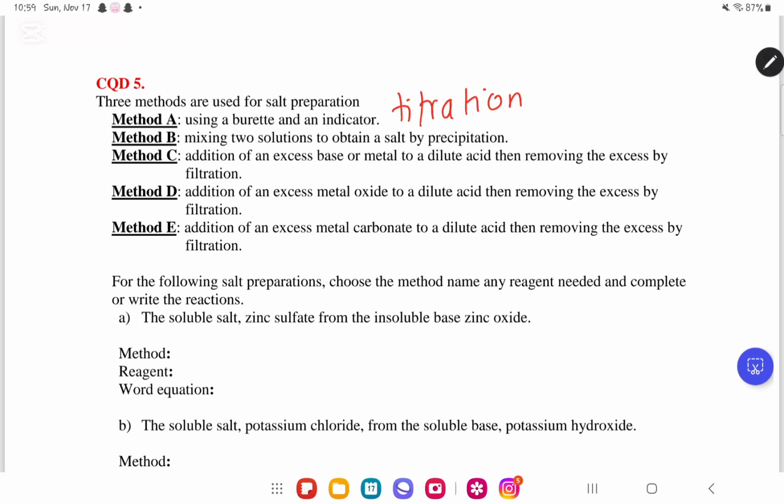Okay, method B, mixing two salts to obtain a salt by precipitation, is a precipitation reaction. Addition of an excess base or metal to a dilute acid, then removing the excess by filtration, is a neutralization reaction, so acid plus metal. Then this is acid plus metal oxide. Then we have metal carbonate